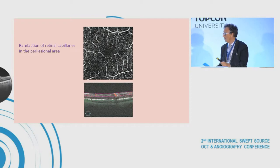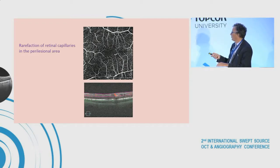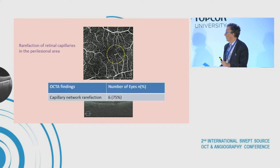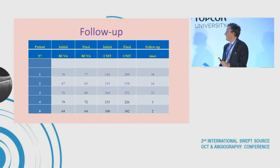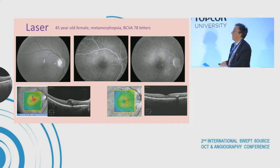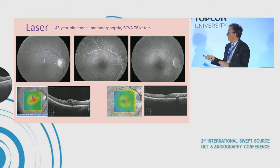We observed a capillary rarefaction around the lesion in 6 cases out of 8. It's not a huge capillary rarefaction, but it's present. Well, it's still present in the peripheral area. Concerning the follow-up, finally we have 3 patients with a long follow-up, and 2 of them are interesting, I think. This patient is a 45-year-old female. She complained of metamorphopsia, and her ophthalmologist decided to treat with 3 intravitreal injections of ranibizumab because he considered it